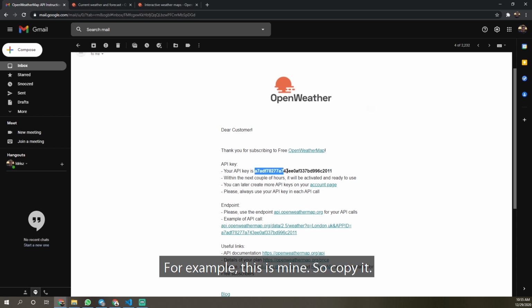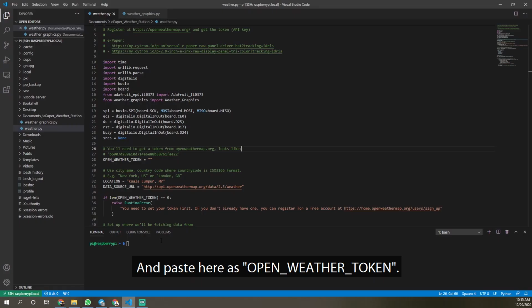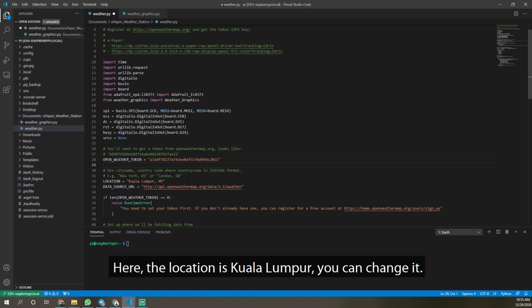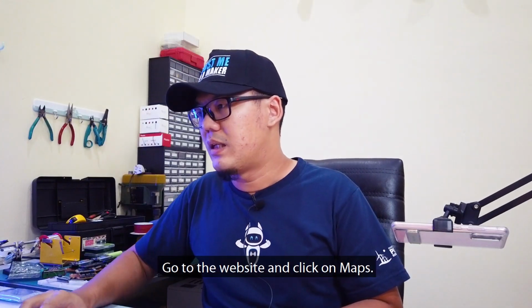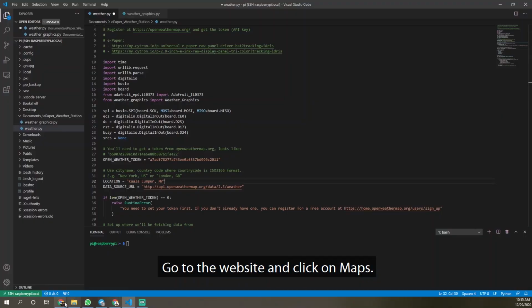For example, this is mine, so copy it and paste it here as the OpenWeather token. Here, the location is Kuala Lumpur. You can change it. Go to the website